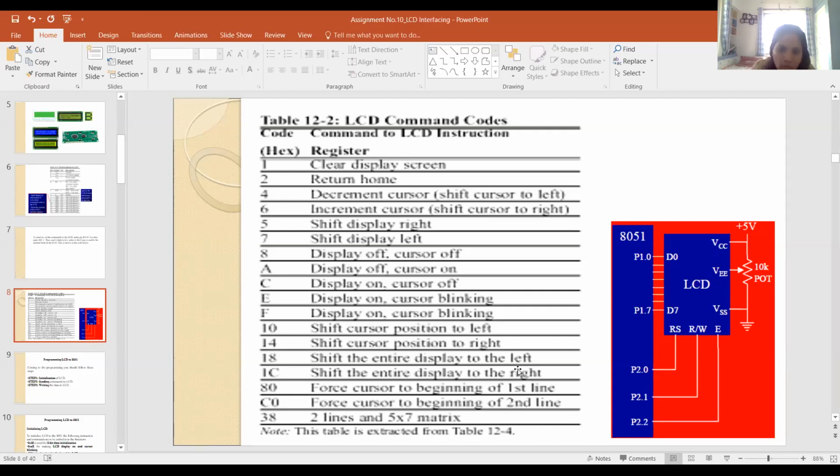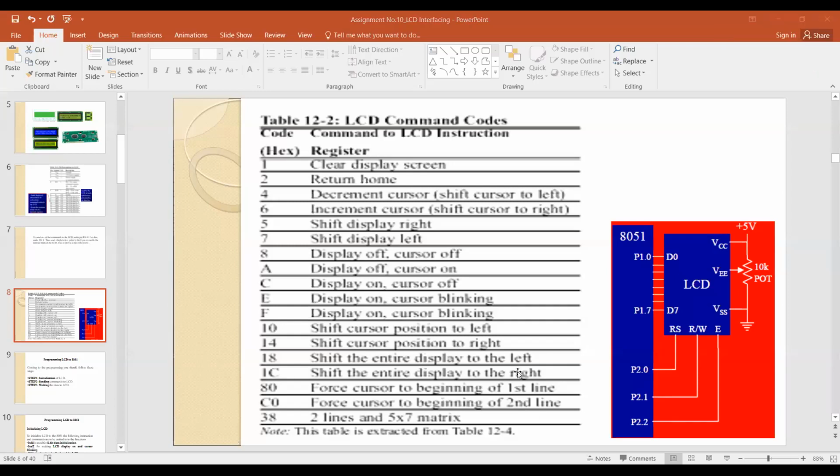This is the command code we need to send to the LCD panel first, and then the actual data is sent. You cannot send the data directly, because the LCD cannot know where you want to print. How many positions are there on the LCD? You have a total of 32 positions, and you can print your characters at any of those 32 locations. So you have to specify where you want to start your first character.